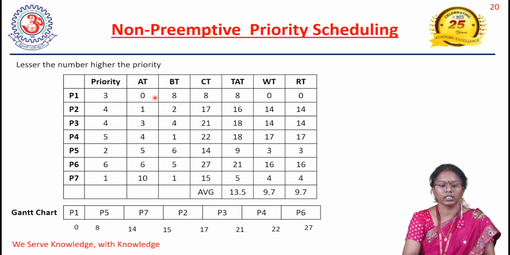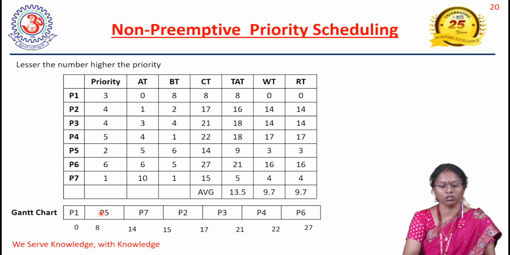At arrival time 0, which process arrived first? P1, but its priority is 3. Why not P7? Because it has the highest priority, 1, but it is going to arrive at second 10. So it has not arrived at all, even though it has the highest priority. Only one process has arrived now, P1, which has priority 3. So I am going to take P1, which arrived at 0, and then it will complete fully, and only then will it give the chance to the